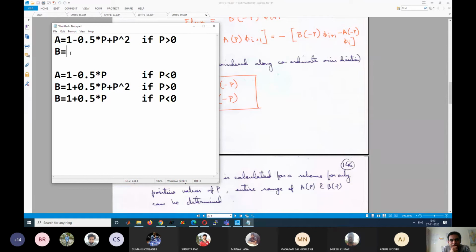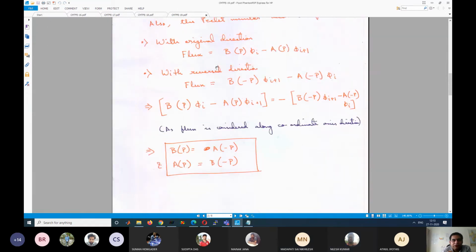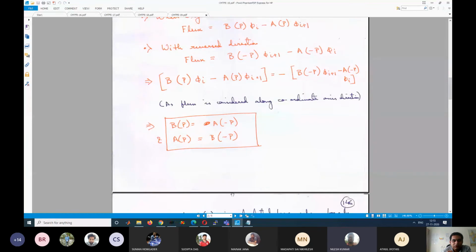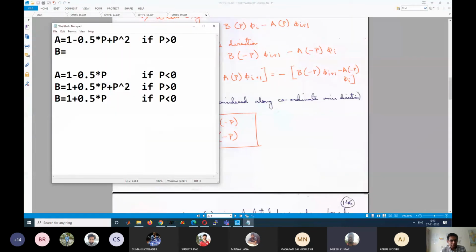So B minus A we can find. B is equal to A plus P. A plus P. Okay, so A plus P. This should give us the correct B. If I have not written correctly, it should come out as wrong. But in the actual scheme, this should be correct. This is the case.